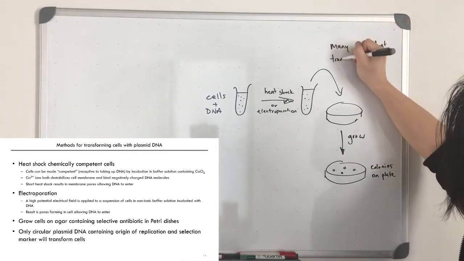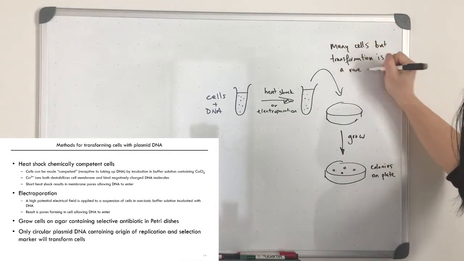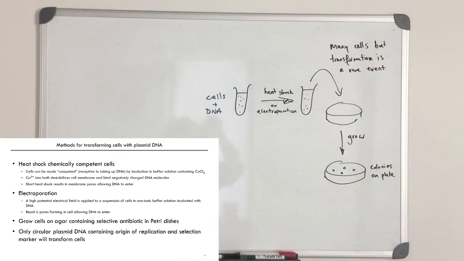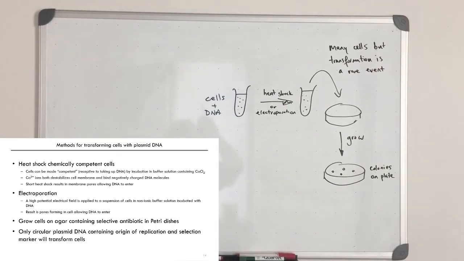So as I said, the event of DNA getting taken up into the cells is rare. You have maybe 1 million cells and 1 billion DNA molecules in the mix. Maybe only 100 cells or so will be transformed. Most cells do not take up any DNA, and the cells that do take up DNA usually only take up